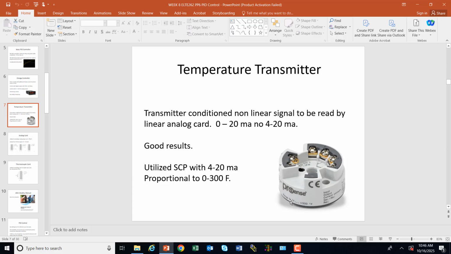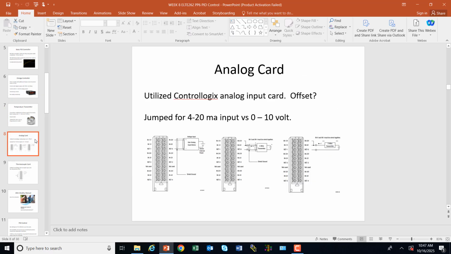This was a 4 to 20 milliamp sensor, and you set it proportional 0 to 300 degrees out. The one I've got showing right here is 0 to 500, so you'd use your scale with parameters and set it to 0 to 500. Or, obviously, if this was a 0 to 10 volt sensor, you'd use your scale with parameters 0 to 10 and get your proportional control. But the temperature transmitter really did work well for the analog card. Now, when we were using the control analog input card, you can put some offset in there, and we had a couple of students mess with the offset just a little bit,